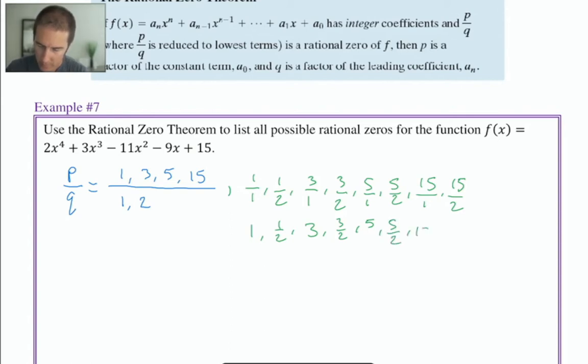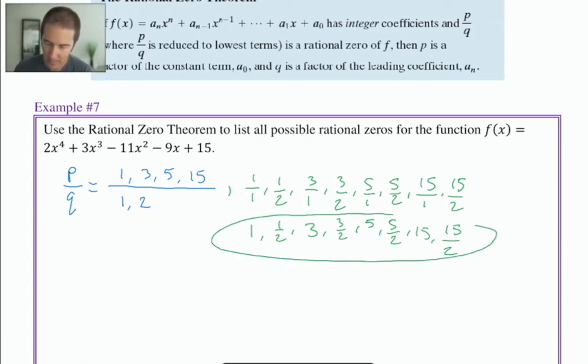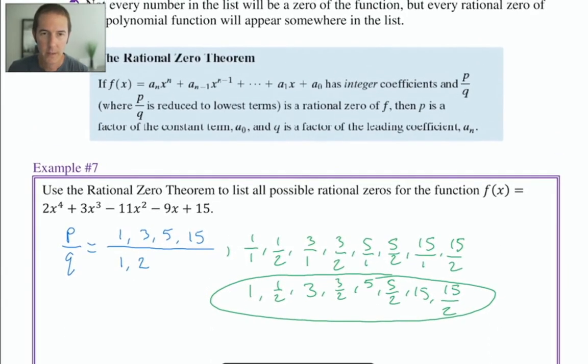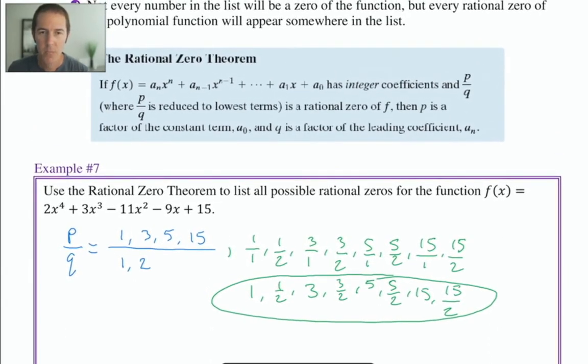5/2, 15, and 15/2. It does happen sometimes that once you make this list, that you'll have duplicates. And if you end up with any duplicates, you should leave those out of your final answer. Now, we also need to consider, and let's see if it's articulated in this box here. It doesn't say it explicitly. However,